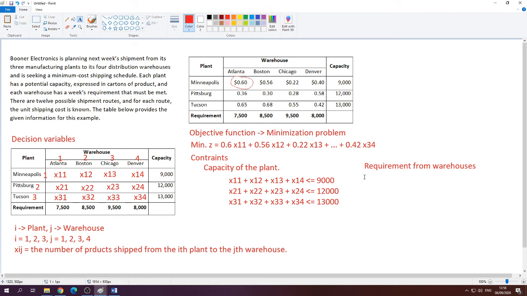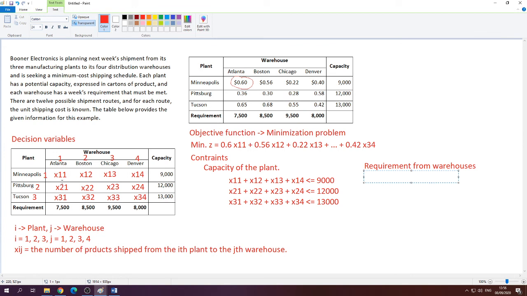So the total number of products received by our warehouse in Atlanta is X11 plus X21 plus X31. We are just following this column, while for the capacity of the plant, we follow the row. So we're going to have X11 plus X21 plus X31, and we must meet the requirement,